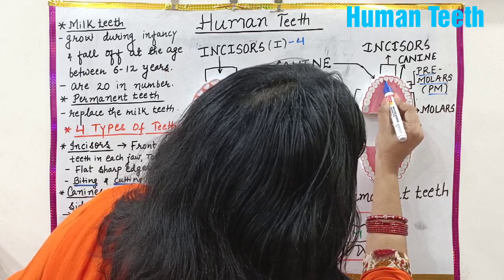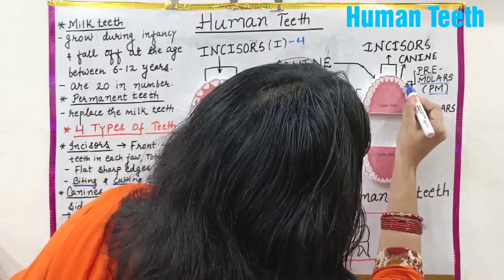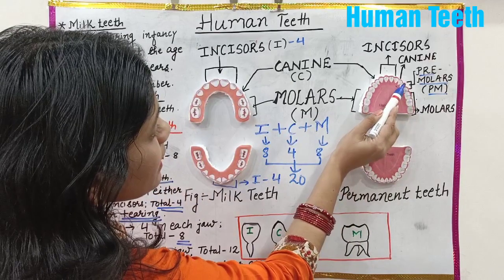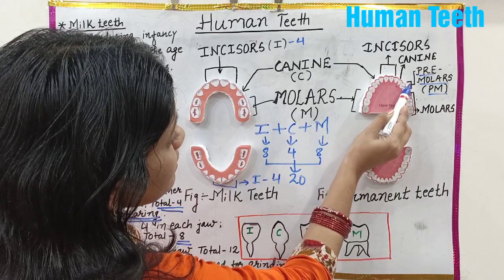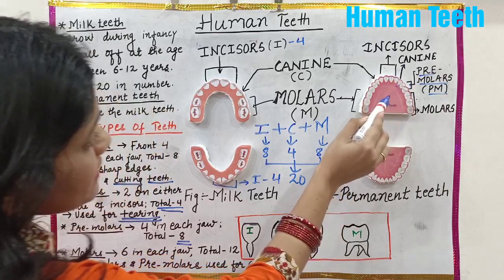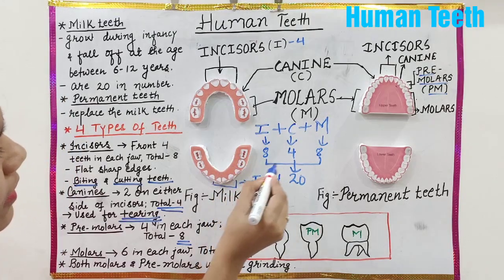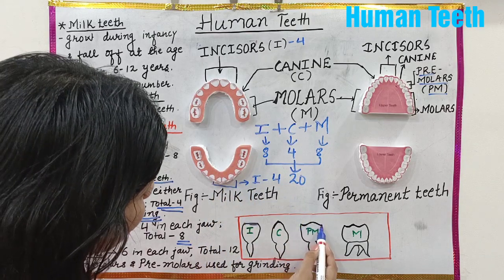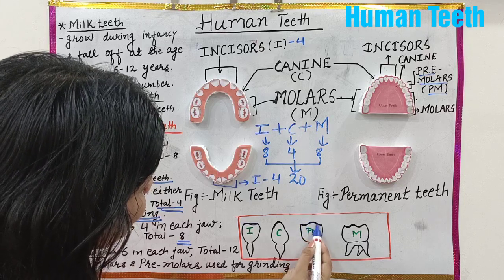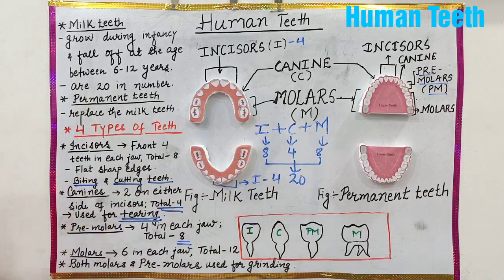You may see it. These are the two premolars. These teeth, there are two premolars. And these premolars have come by replacement of the two molars of the milk teeth of children. And if you see the structure of a premolar, you may find they are having broad surfaces. What is the purpose of having this broad surface? You might have seen the mortar that is used for grinding. Actually, premolars are the grinding teeth which help to grind the food.